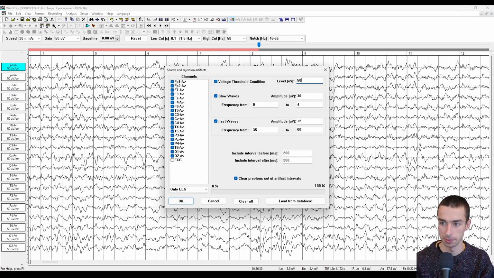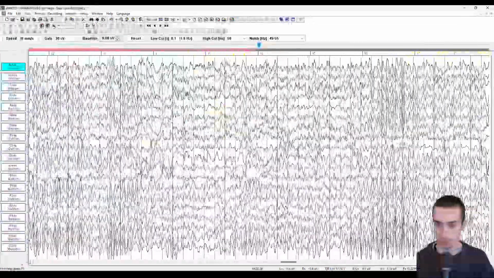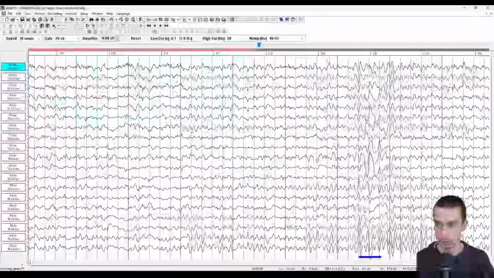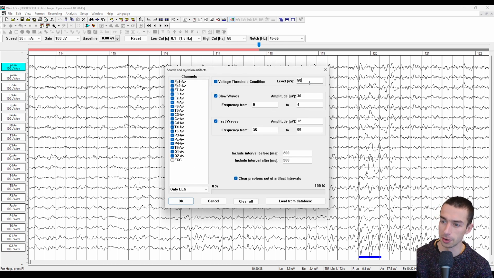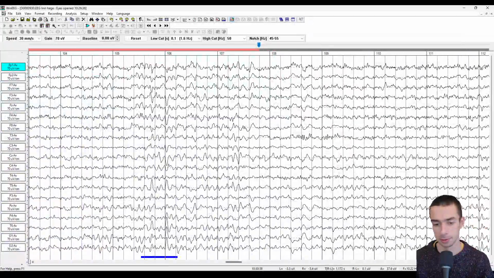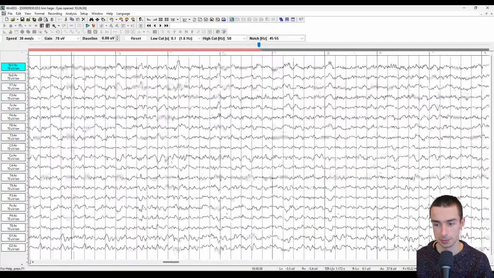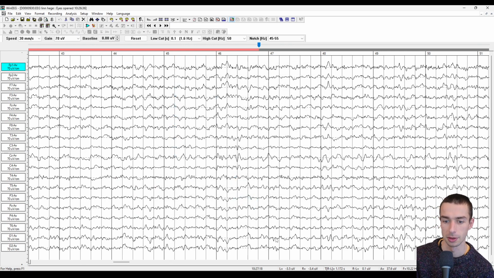Let's try 50. Okay. Strange. Well, now it's capturing this. I feel like something must be awry here. What if we do 30? Okay, now it's picking up more stuff. Anyways, I'm going to remove those because there's not a lot of stuff that I'd want to exclude from the